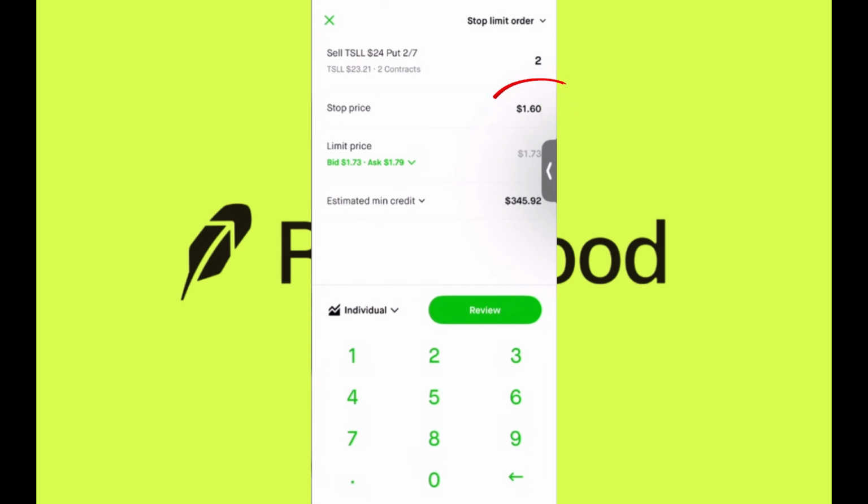That means that when the price touches 1.60, a sell order will be sent. But be aware, it won't automatically sell at 1.60. That's where the limit price comes in, which is the minimum price at which you're willing to sell. If you set the limit price to 1.60, the order will only be executed if someone buys at that price. Sometimes it's a good idea to place it a little lower, for example, 1.58 or 1.59, to increase the likelihood